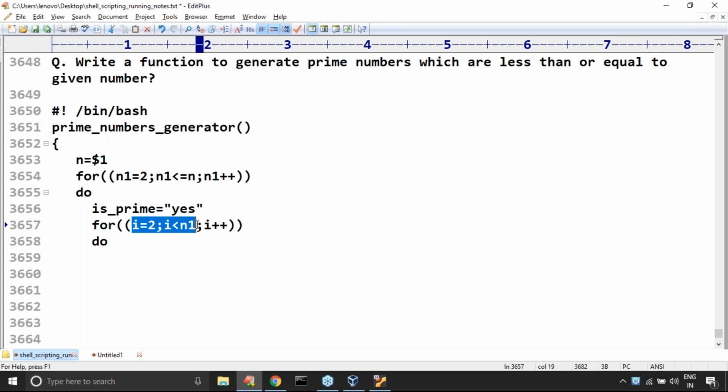Now my job is, if, dollar, don't get confused, n1 percentage i is equal to 0 anywhere,